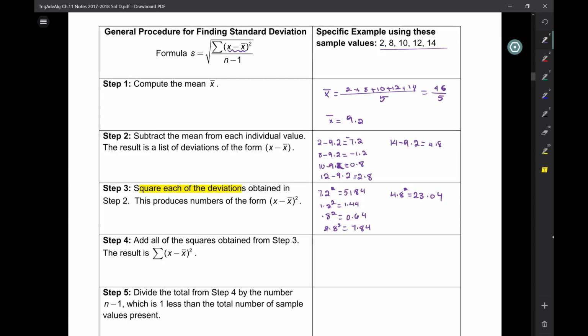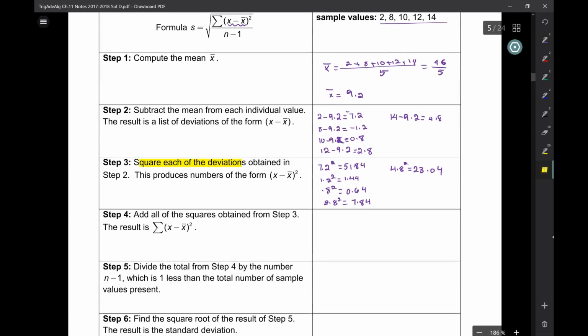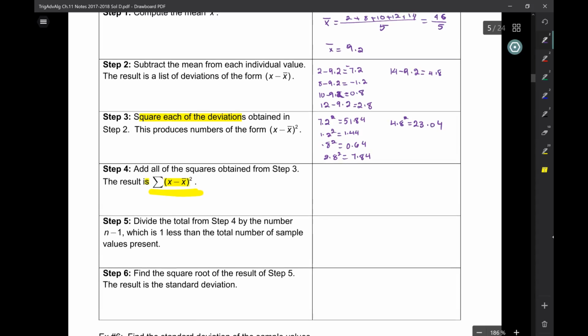Yes. So, going back to my formula, I did x minus x bar, then I squared, and then what's next? Sigma. Sigma means sum, right? So now I'm going to add all of them up. Oh, add all of the, like, 7. Yeah. So now I'm going to add all of those up here. Okay? So I'll get